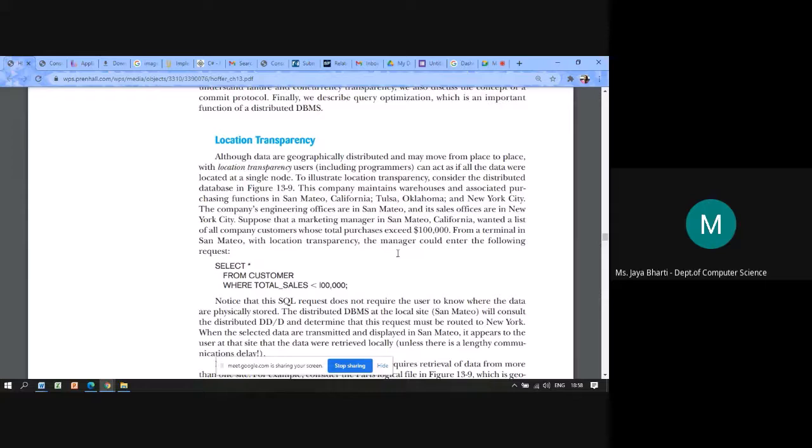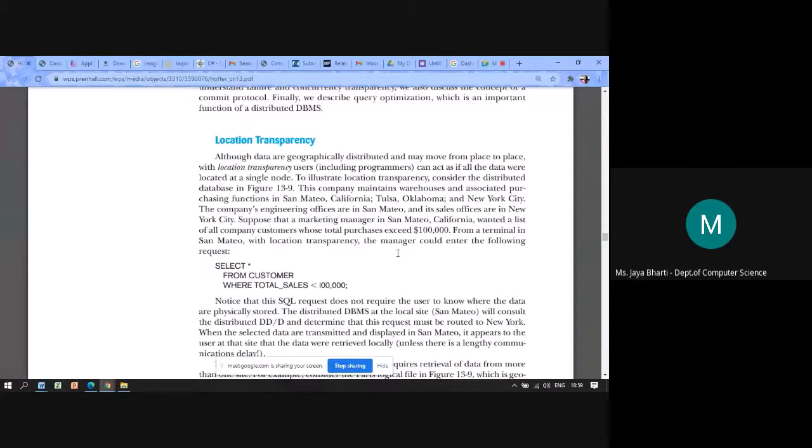Basically, the warehouses and the purchasing functions are located in different areas. The company's engineering offices are in San Mateo and its sales offices are in New York City.